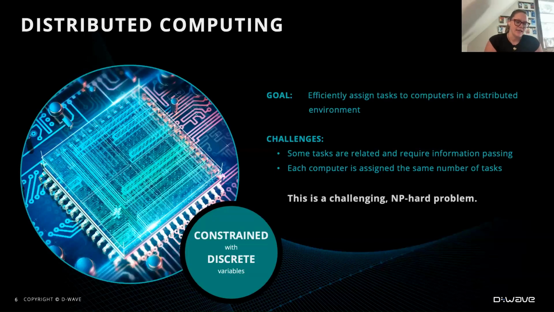So in that scenario, we'll have to pass information potentially between two computers if those two tasks aren't assigned to the same computer. Another challenge is making sure that each computer is assigned the same number of tasks. This can be modeled a couple of different ways. You can use a discrete variable set for this. And this formulation is actually an NP-hard problem. So let's look at